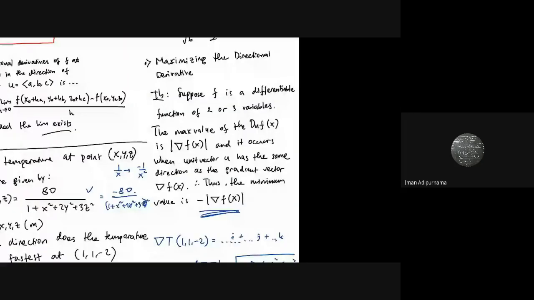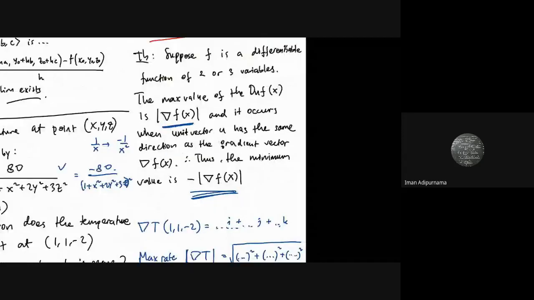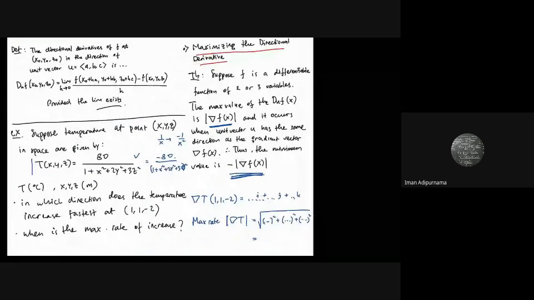How to maximize the directional derivative, we can see how to maximize, and basically you need to take the magnitude value of the gradient vectors, and then in conclusion the minimum will be the negative of the value. Okay, and this is an example here,